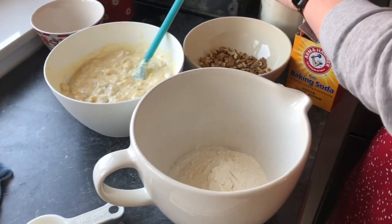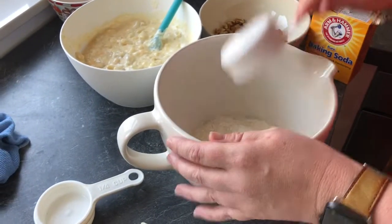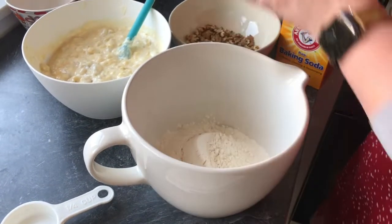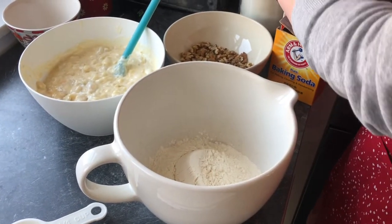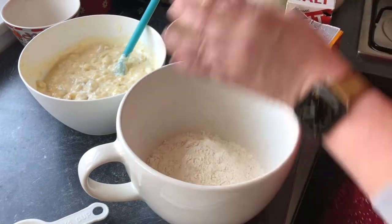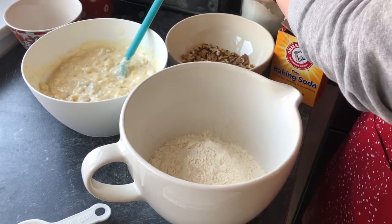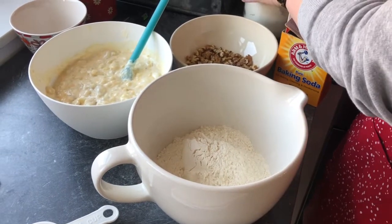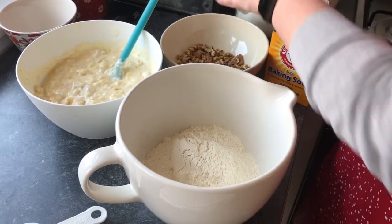I'm using the half cup thing again. 2, 3, 4, 5. I was a little worried about my flour because I've been going to the grocery store every day and